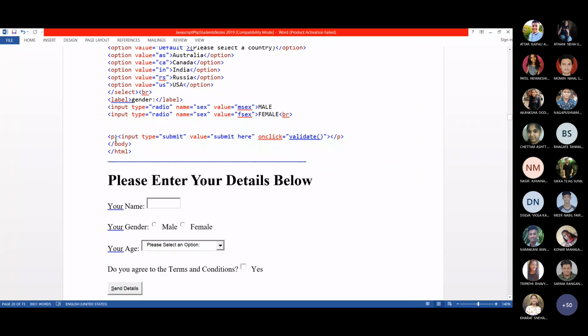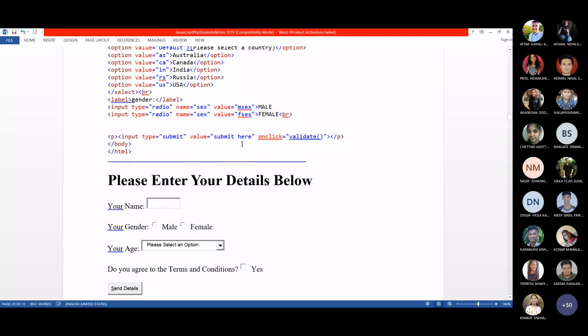Okay. And then you are creating one more element, which is a button. Here, just for aligning, I have given P, but the actual code is input type equal to submit, which creates the submit button. And the value of the submit button is the displayable content, the content you want to display on the submit button.